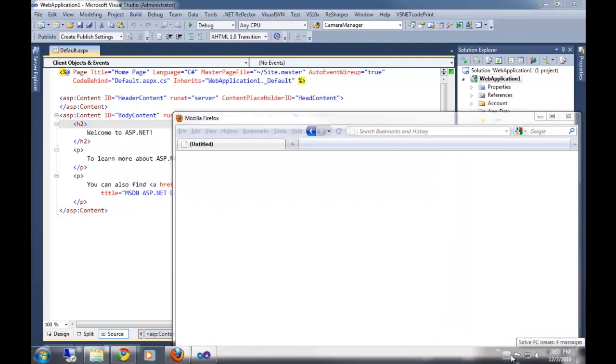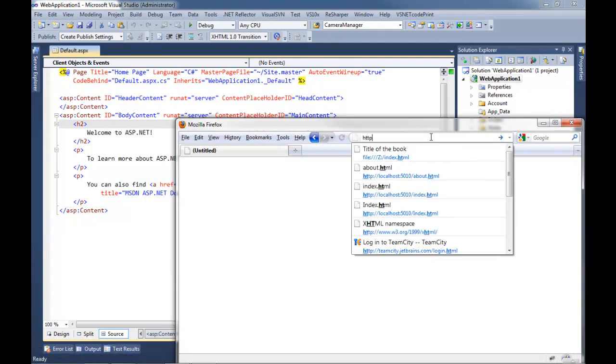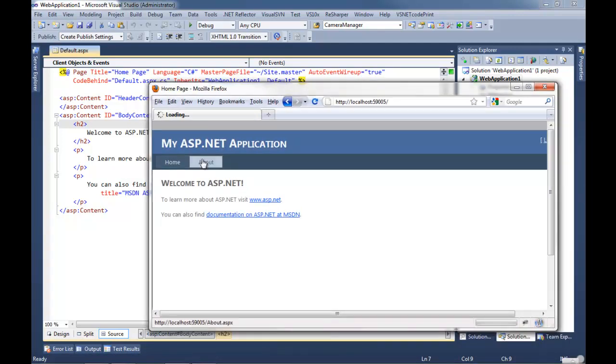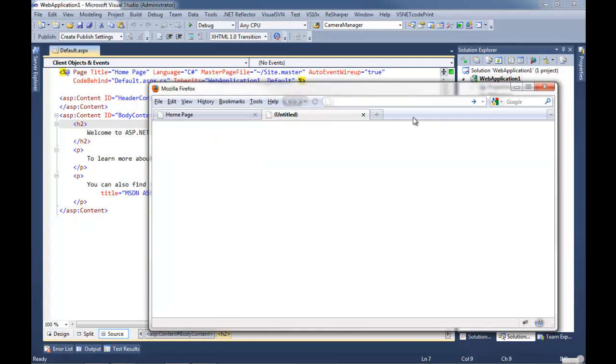Let me grab the port of that and do this in Firefox, actually. That's port 59005. All right, sweet. Now I need to show you something really quickly. Firefox completely fails at IPv6 if it's a local server.